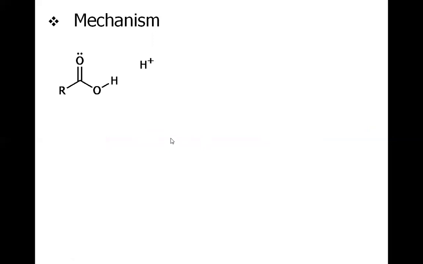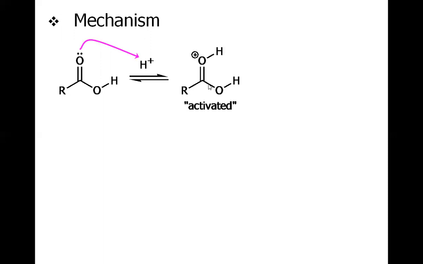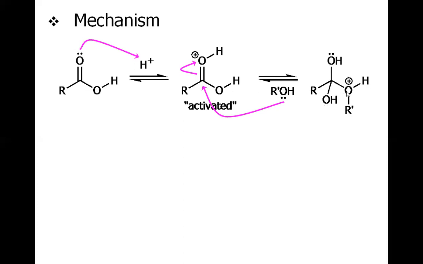For the mechanism, we have been consistently discussing that whenever a carbonyl group reacts with an acid, the first step is always the anchoring of the carbonyl oxygen's lone pair to the proton to give the protonated version. Now this has become activated. This is called the protonated carboxylic acid. And now the alcohol, which serves as a nucleophile, will attack this activated carbonyl carbon. As a result, this C=O bond is broken. To avoid pentavalency of this carbon, we have this intermediate formed.